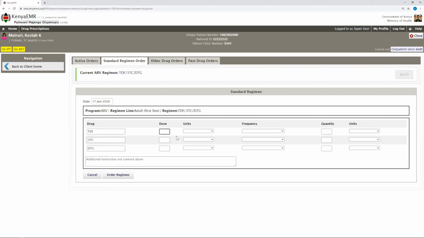So the dosage. The dosage will depend on whether a client will be given 1 tab, 2 tabs. Are we together? So for TDF, the dose is 1. The unit is tablet. The frequency,